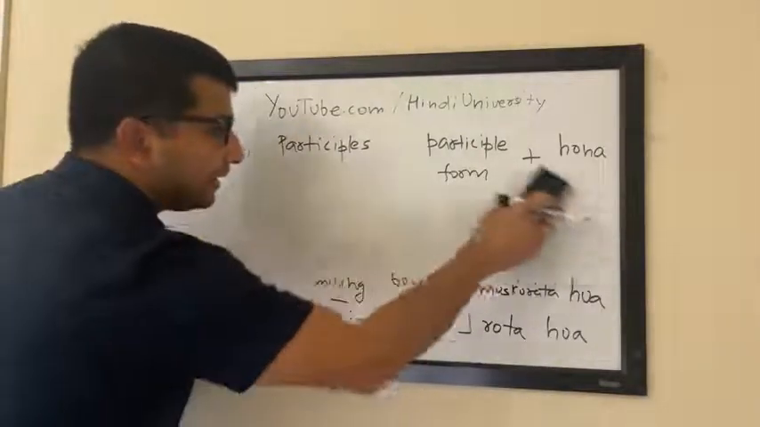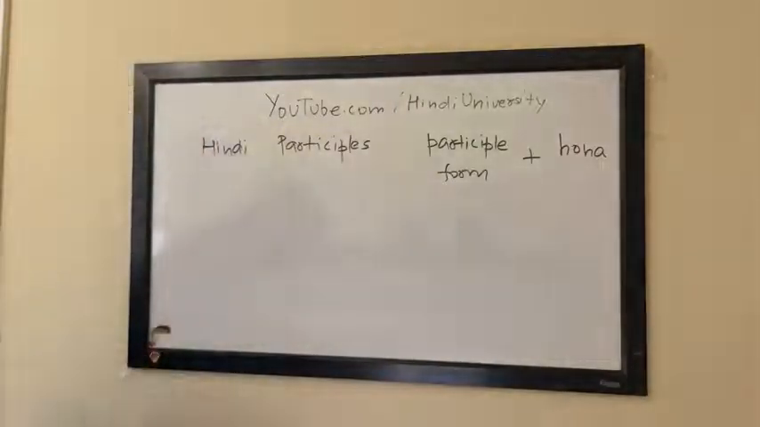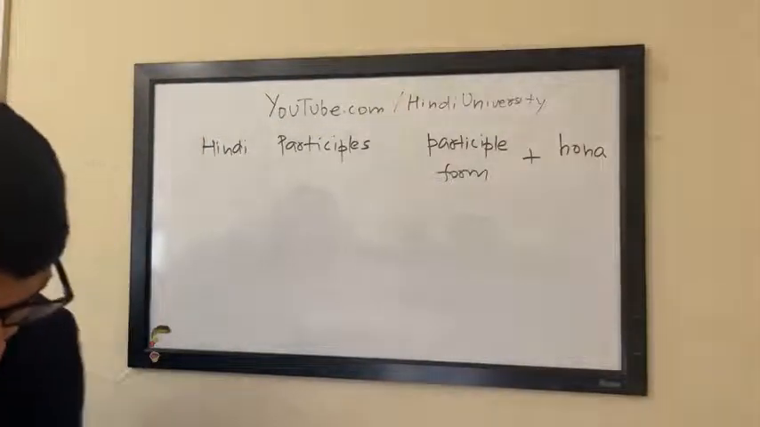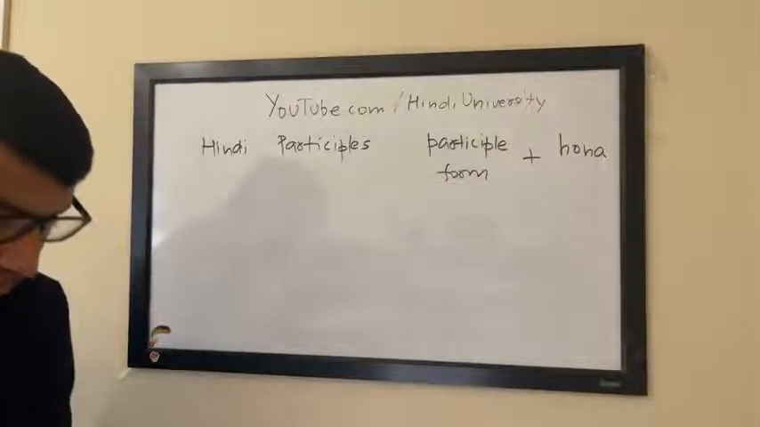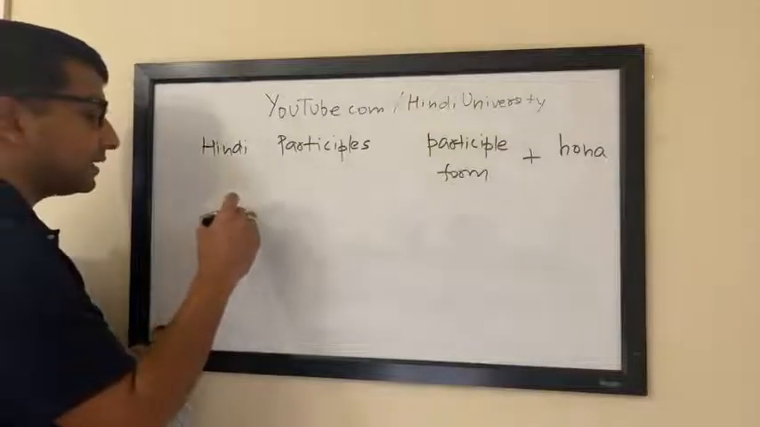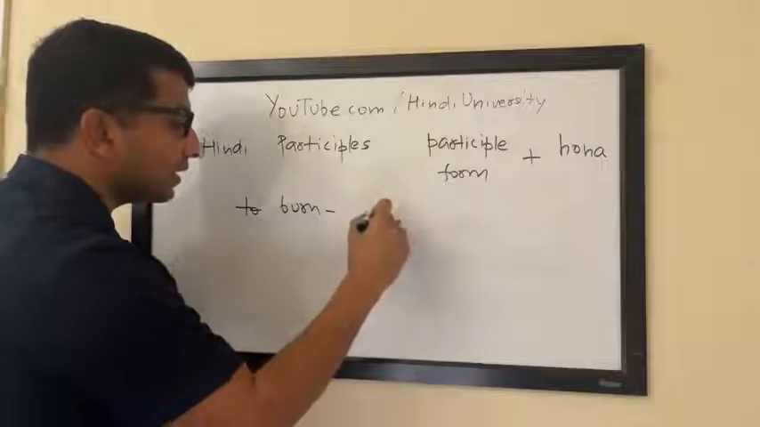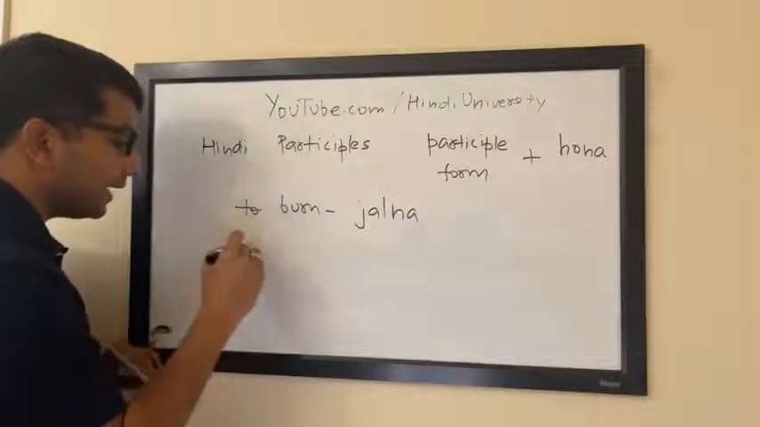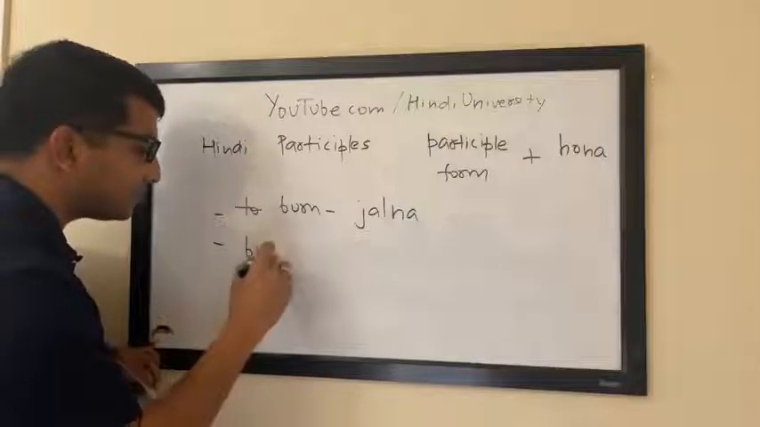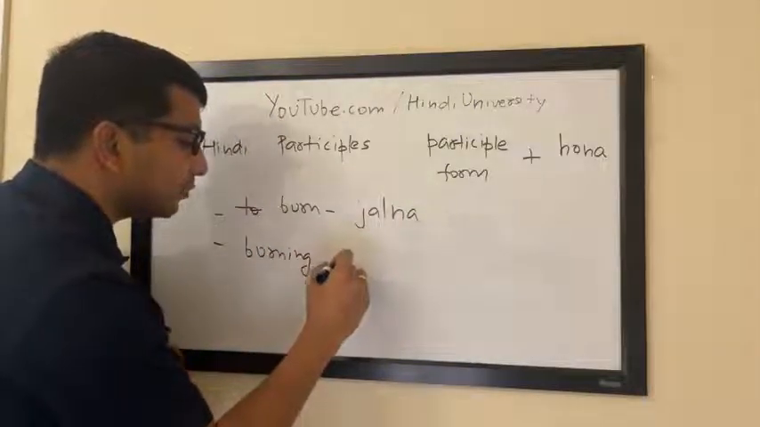Then we said it's not just the imperfective, there are perfective participles as well, which are basically actions that have already occurred. It's a state that results from a completed action. And we learned, like, to burn is jalna. If we have an example called burning stick or burning paper,